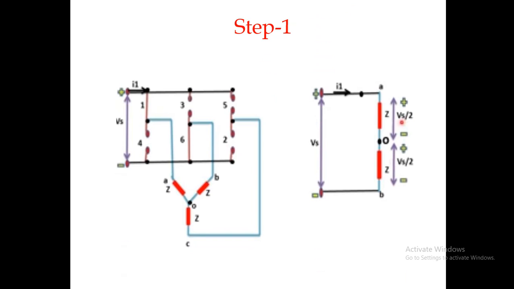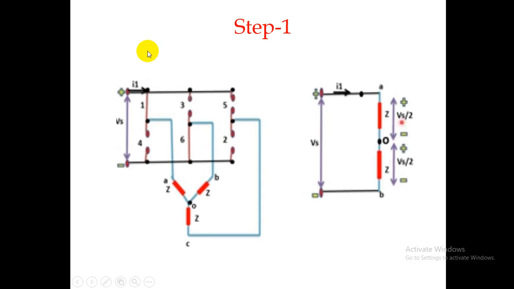So this is step number 1. We are showing the switches with respect to their labeling, that is 1, 3, 5, 4, 6, 2, like this. In step 1, the operation totally is a manual one. It is in our control only. So whether you want to give the gate signal to a particular thyristor is decided by ourselves only.